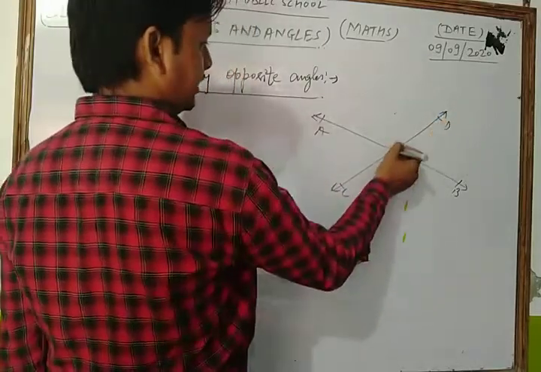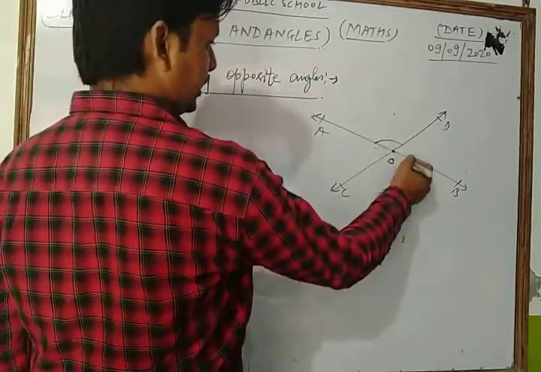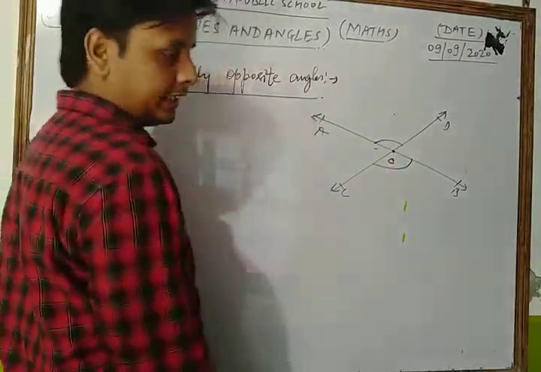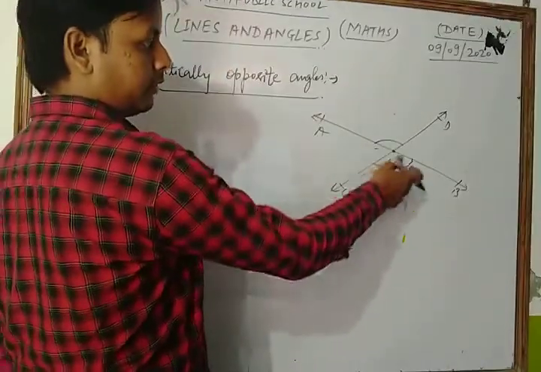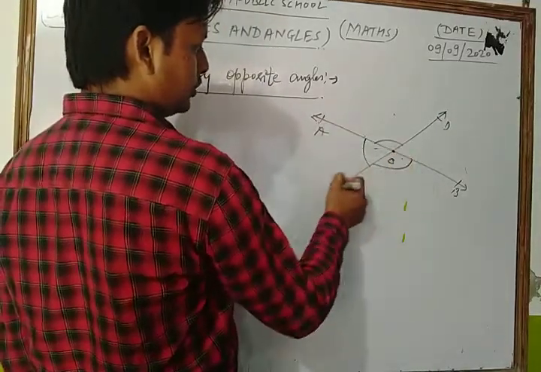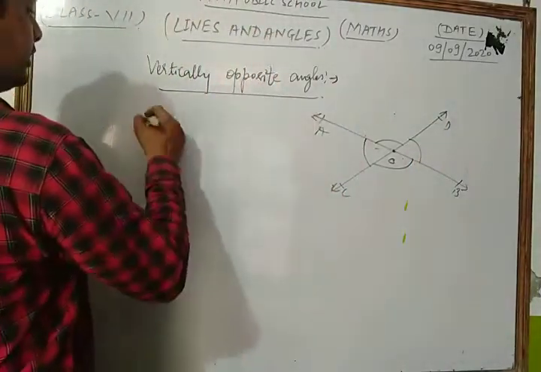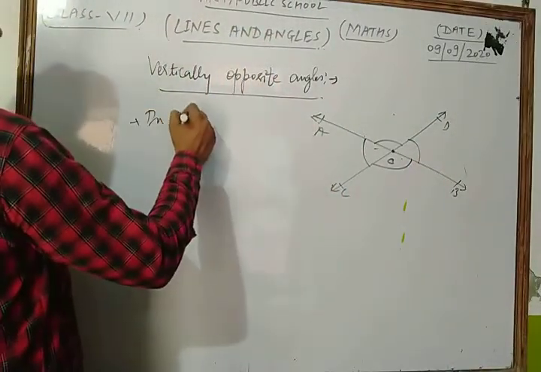Dear students, if two lines, look, in this way, if two lines AB and CD intersect each other at point O, then the pair of angles AOD and BOC is called the vertically opposite angles, and the angles AOC and BOD are also called vertically opposite angles. In this figure, dear students,